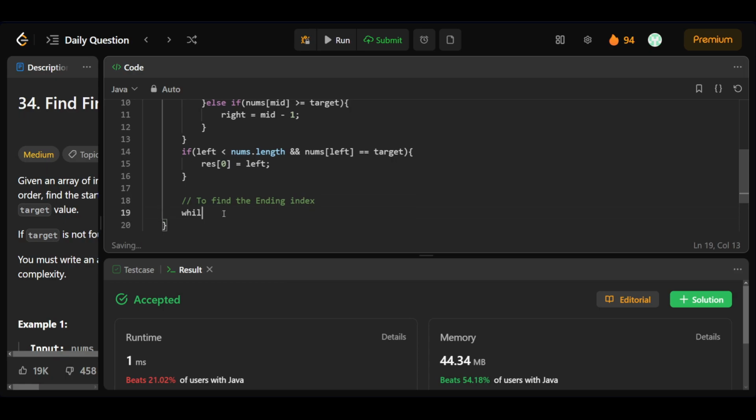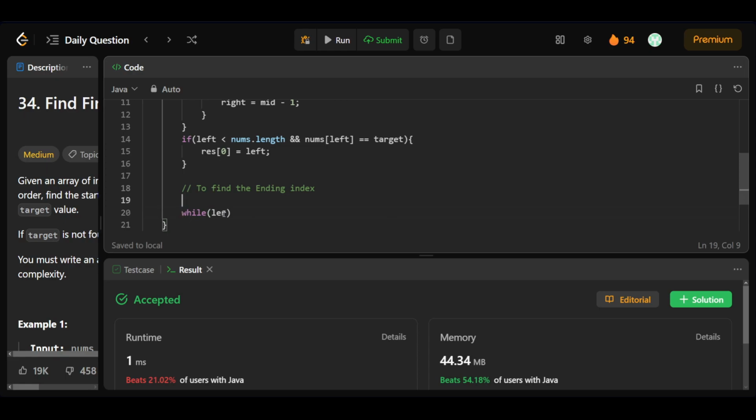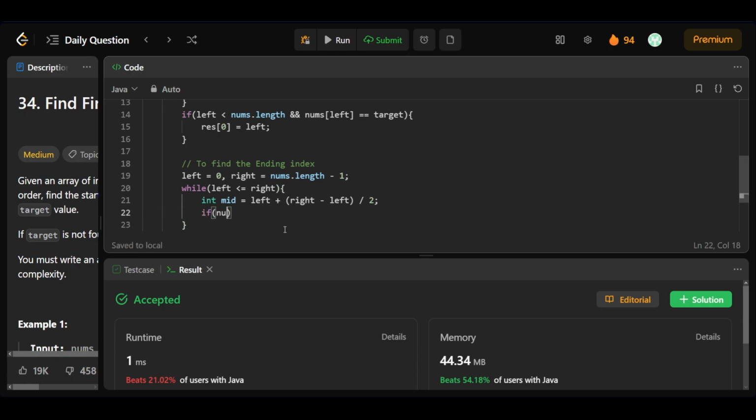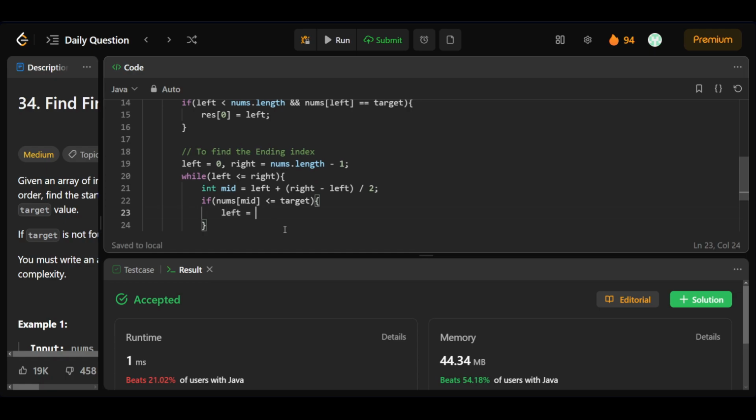So we'll again be initializing a while loop. First we'll set left equal to 0 once again and right equal to nums.length - 1, and while left is less than or equal to right, we'll first calculate the mid, again left plus (right minus left) by 2, but then we'll check if nums[mid] is less than or equal to the target. What we'll be doing is left equal to mid plus 1,